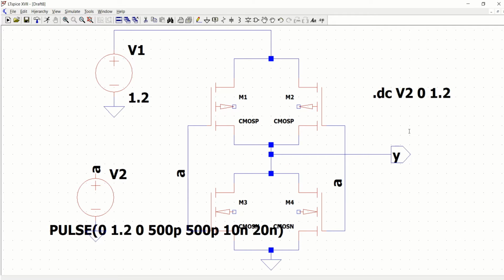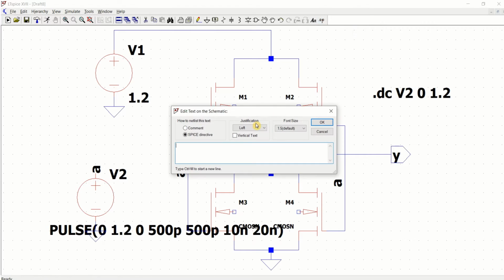DC analysis. Next, to simulate this MOS transistor, you require the model file. So click on it and include the technology file. In dot include, I have the 130 nanometer technology file.